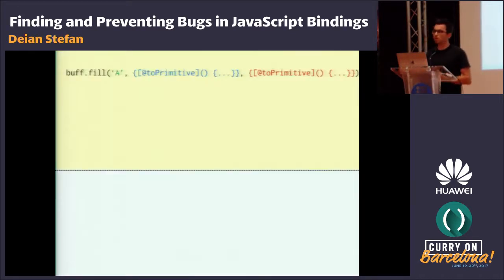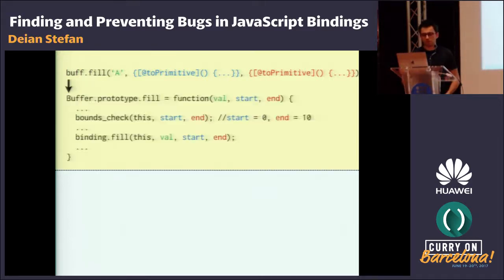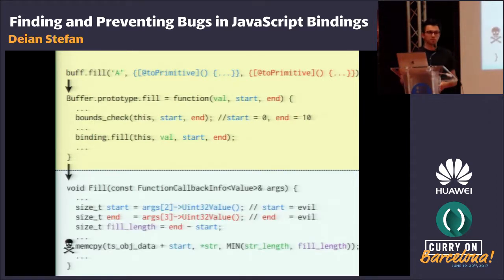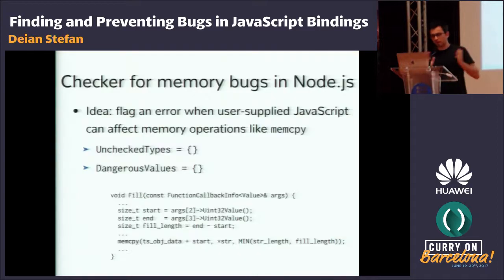So what this means is that now we can call buf.fill with these two objects, and our two objects just do evil things. In particular, the first time around, they give you start and end values of 0 and 10, but the next time around, they do our evil values of -1 and maybe 10. And that allows us to get to memcpy directly and write any part of memory that we want. So what should they have done? Well, they really should have type checked in JavaScript and probably C++. But okay,